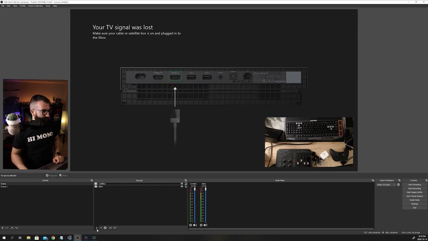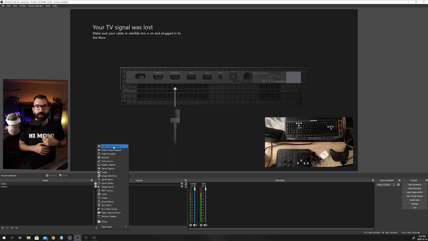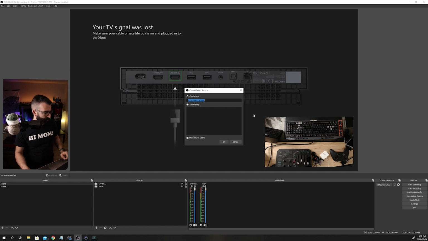Since we've deactivated all the default audio sources, we want to be adding a microphone. So in order to do that, we'll press the plus button here again. We'll go into audio input capture. Audio input is everything that comes into your computer, and audio output is any source that comes out of your computer. Little microphone there, let's call that